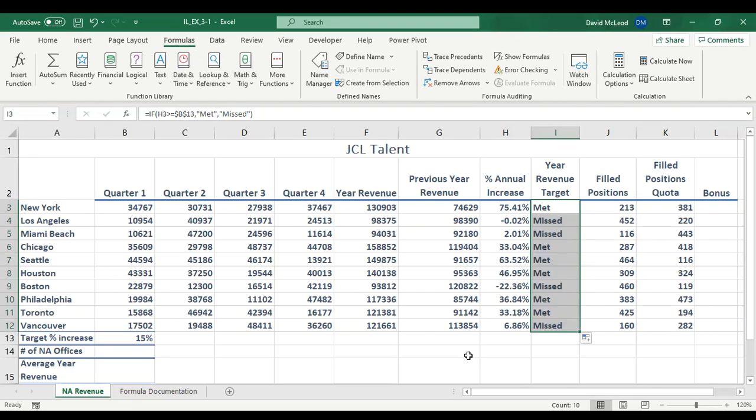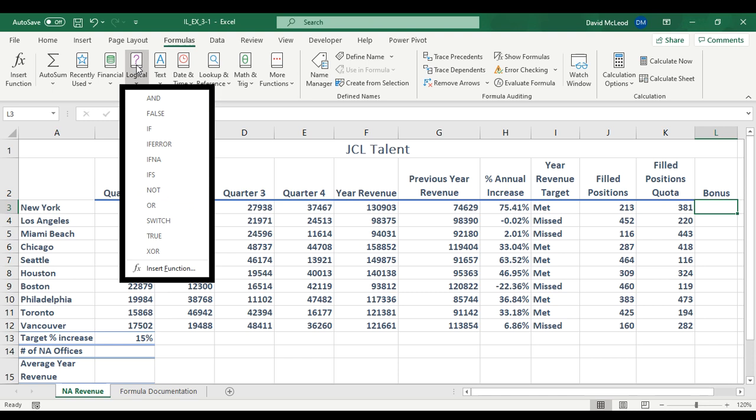I'm starting part 2 of module 3, and this is on page 3-6 from the textbook. It tells me to click L3, the bonus. And the bonus will be if the filled positions is greater than the quota. So it's going to tell me to go to that logical button up here and click